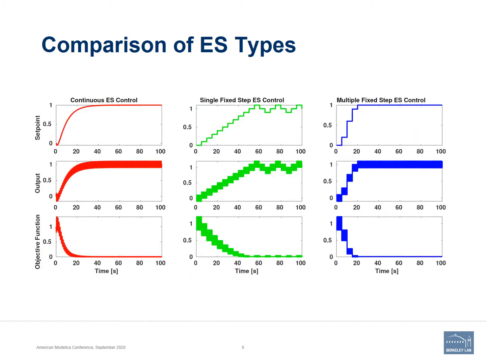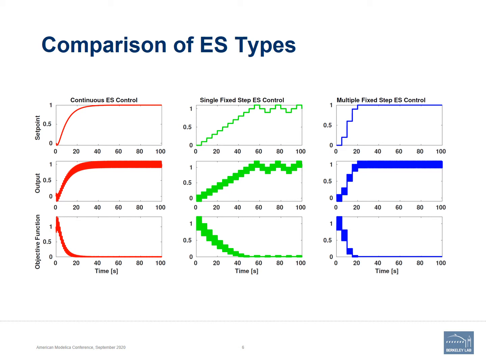So the outputs of this little test show the differences between the different controllers. In the first column, we have the continuous ES controller. In the second column, we have the single fixed step ES controller. And in the third column, we have the multiple fixed step ES controller. And the first row shows the set points. So you can see that the continuous ES controller is a very smooth function which slowly converges towards the target